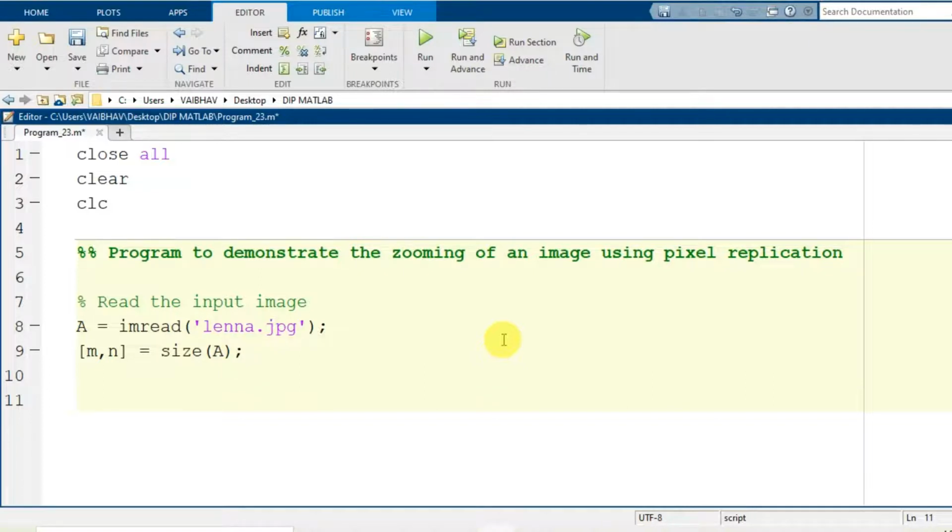After assigning the dimensions of the input image to small m and small n, we need to set the new dimensions, that means up to which level you need to zoom the image. So I will write the next module: set the new dimensions. For this, I will generate a variable named capital Z and accept the value from the user at the command prompt, where I will display one sentence instructing the user to enter the zooming factor.